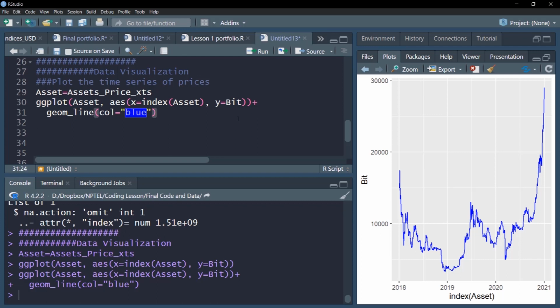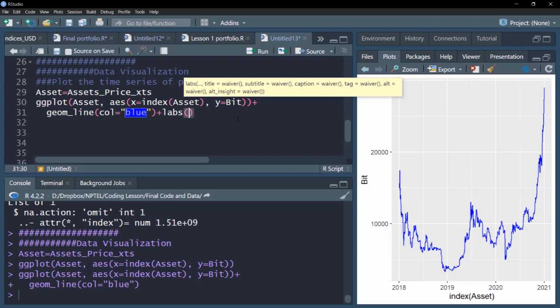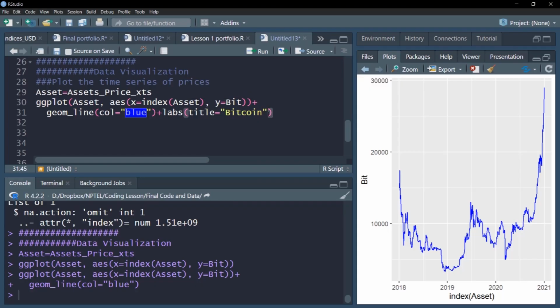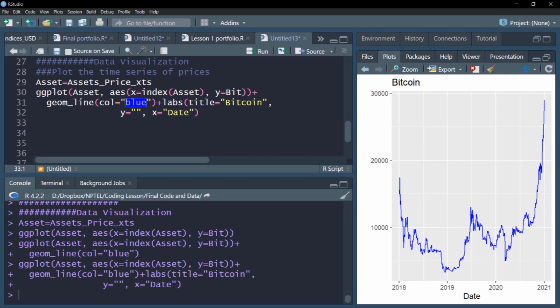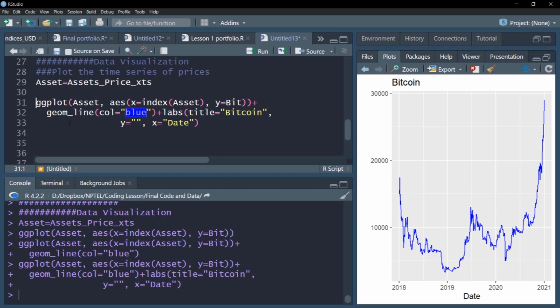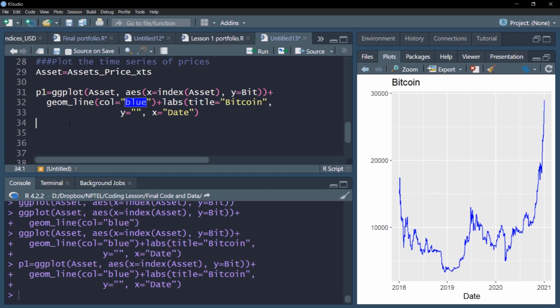So for now, all we'll do is we'll add some axis also. The axis can be added with this labs function where I'll use title as the central title as Bitcoin. So I'm improving my chart a little bit. Also, I want to keep my y-axis empty, so I'll not use anything on y, which is done simply by specifying a blank between quotes. So there's nothing. On x-axis, I would like to add the date. So now if I run it, a very nice plot will appear and I'll save this. So this is a nice plot with all its dimensions and I'll save it in the form of P1. So my P1 is created.